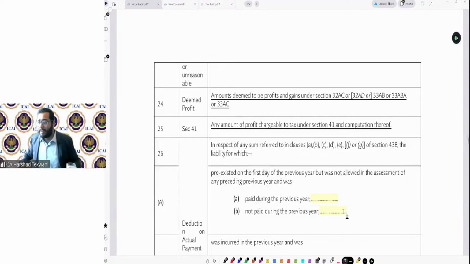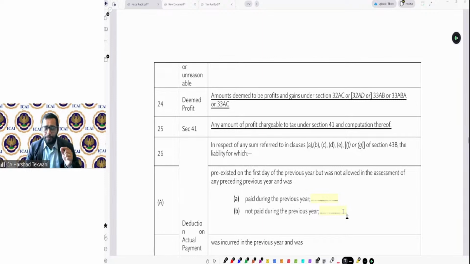See, it's an audit under fiscal laws, so the provisions of the fiscal laws will be applicable over here, and they are very important. It is not just the case that with a basic audit knowledge you can answer the questions of audit under fiscal laws or regarding Form 3CD. That is not correct. You need to have a good knowledge of the sections which are mentioned in Form 3CD